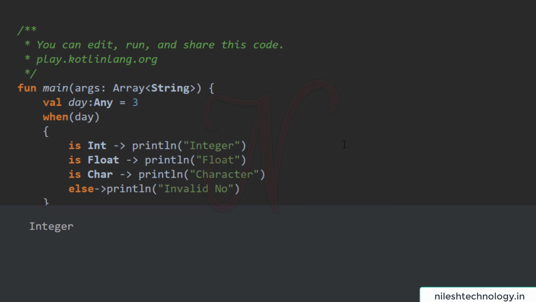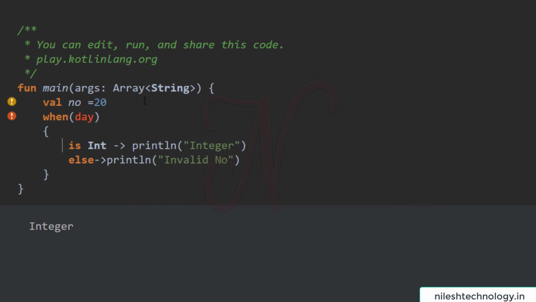Next, you can also give conditions to these cases. So see here, if your number is equal to 20, we check number is greater than 0, print positive.